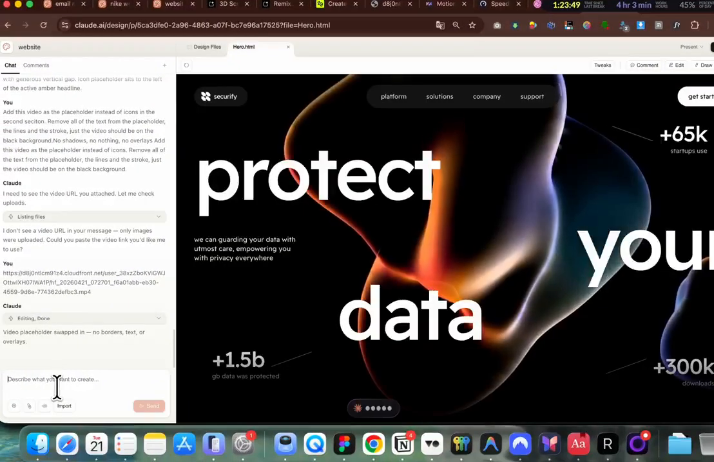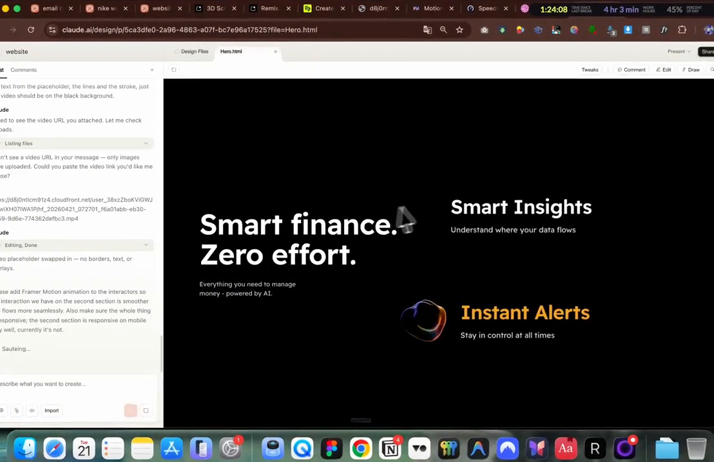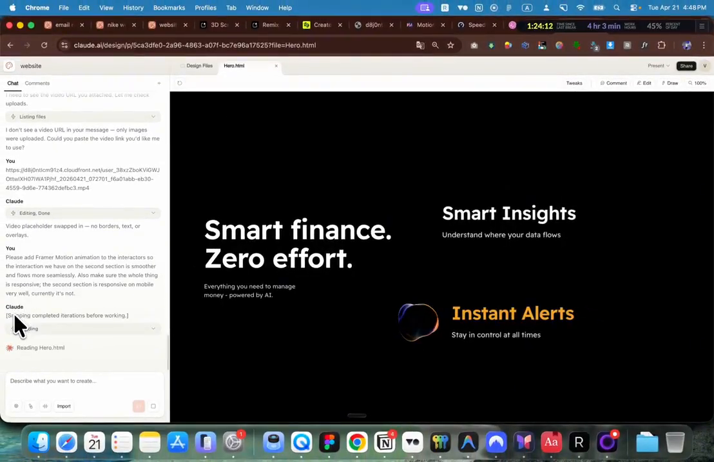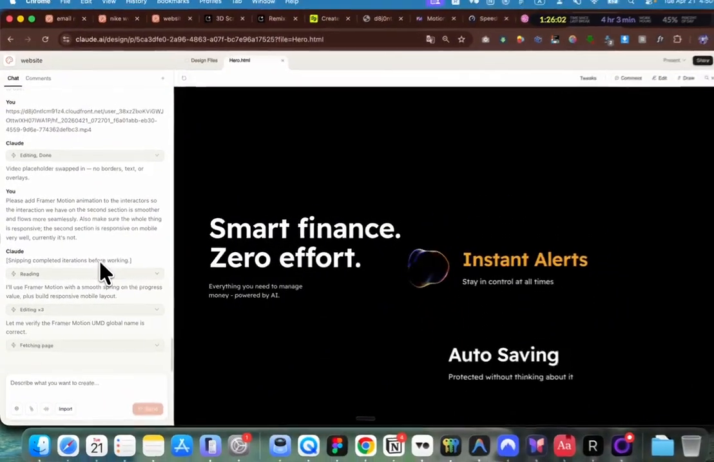Let's say, please add framer motion animation to the interaction we have in the second section, so it is smoother and flows more seamlessly. Also, make sure the whole thing is responsive. The second section should be very responsive on mobile. Currently, it's not. As you can see, there is no drag and drop stuff to fix the mobile. You just tell it to fix the mobile, and it will do that. I'll show you in a couple of seconds. And it seems like it indeed added some smoothness to it,